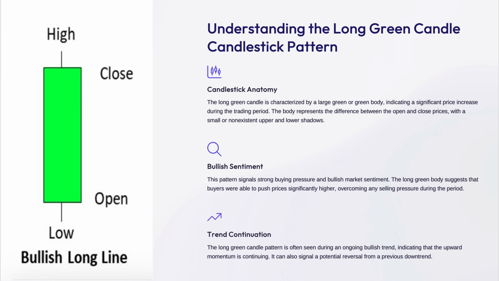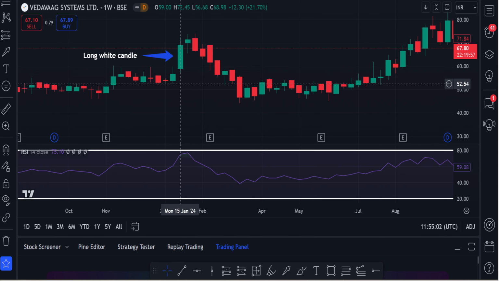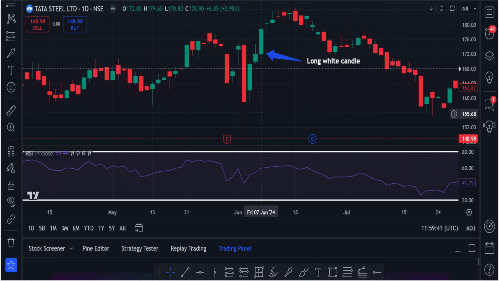So here, understanding the long green candle, candlestick pattern and anatomy, bullish sentiment, trend continuation. If this happens in a downtrend after a doji, I have observed that after a doji this happens. So then it is a good sign, the market is trying to do something. If you see here, the doji has formed and then this has formed and then it has rallied. So if you see more and more charts, you can easily understand. Here also, if you see here,